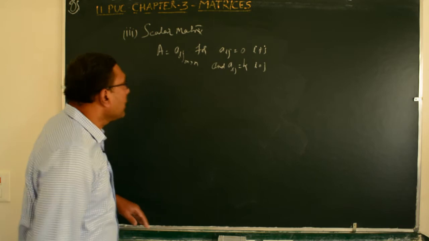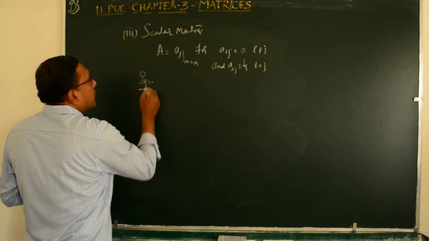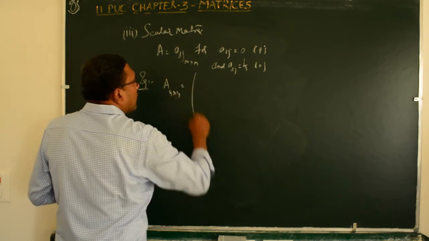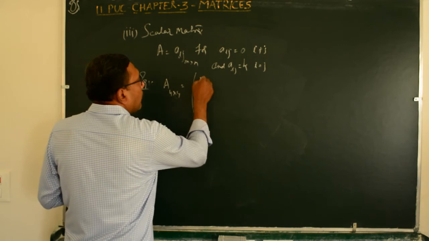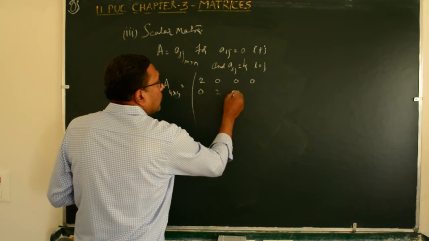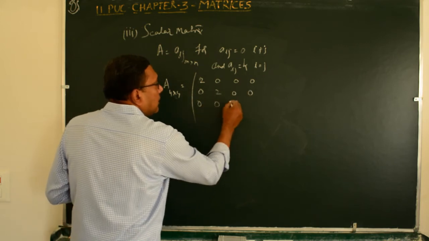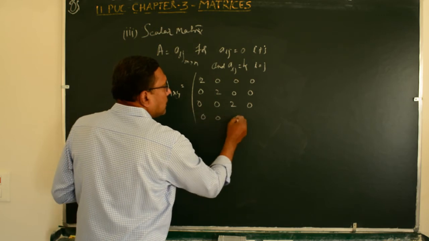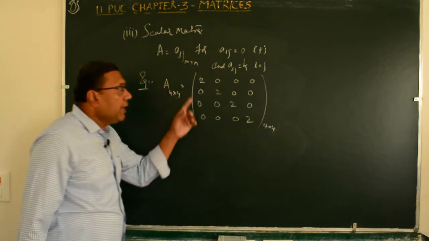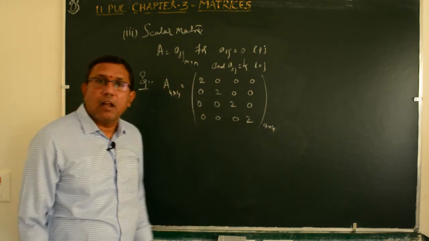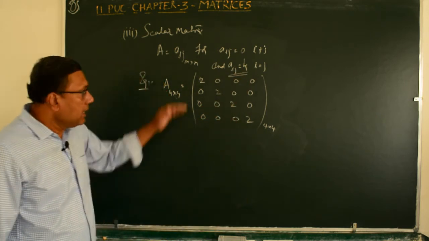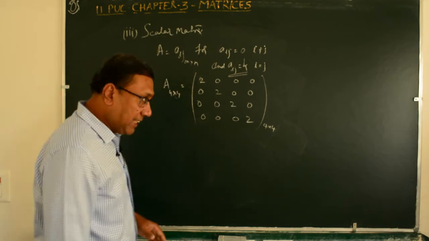All should be equal. Let us construct a matrix with an example of 4 by 4. Then how does it look? It is 2, 0, 0, 0, 0, 2, 0, 0, 0, 0, 2, 0, 0, 0, 0, 2. Notice that it is a matrix of 4 by 4 where all the diagonal entries are equal. That is why, for some constant k, all are equal in the scalar matrix.